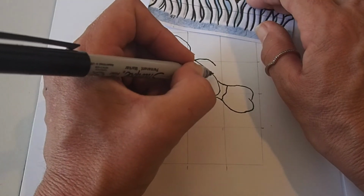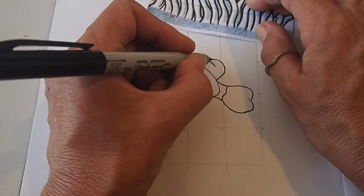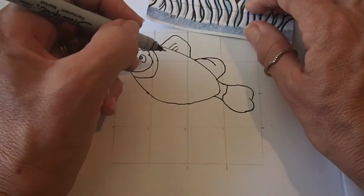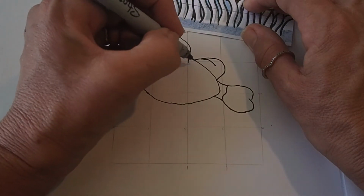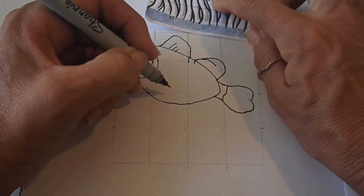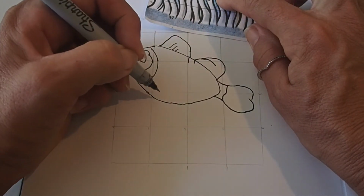Whoops! See, talking too much now. That should have gone up and should have been over there. So we've got a funny little line there. This point here comes from here and here down to